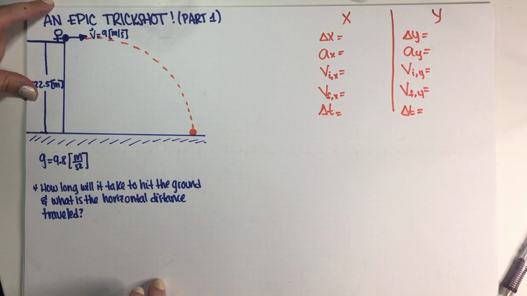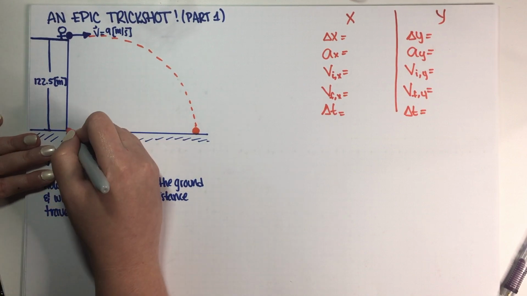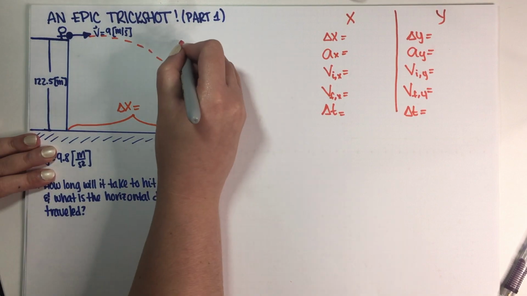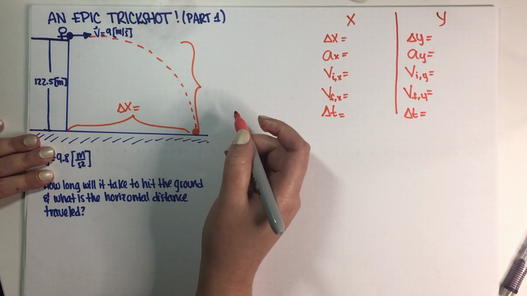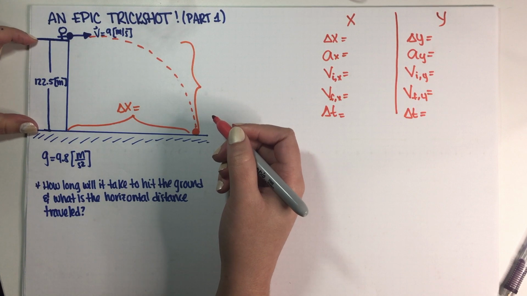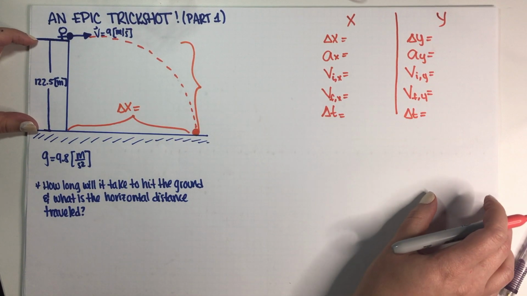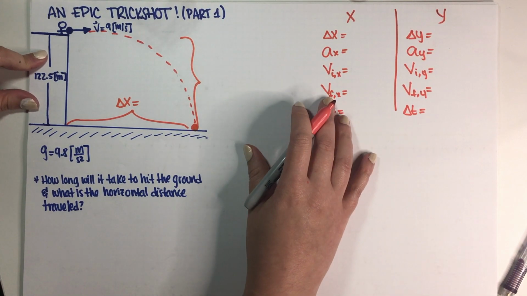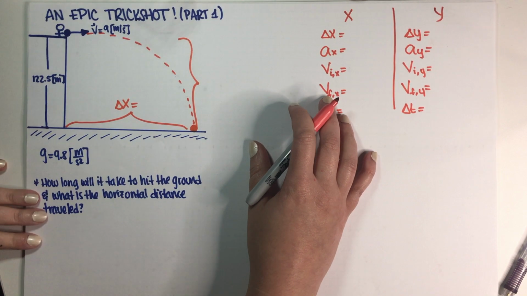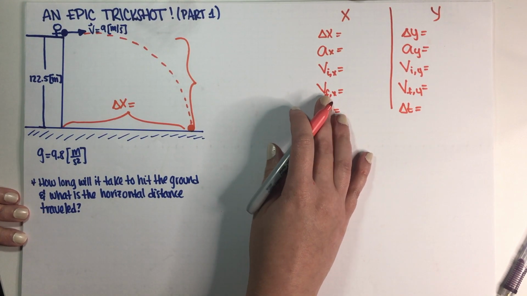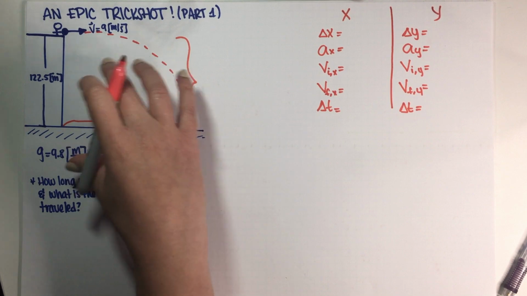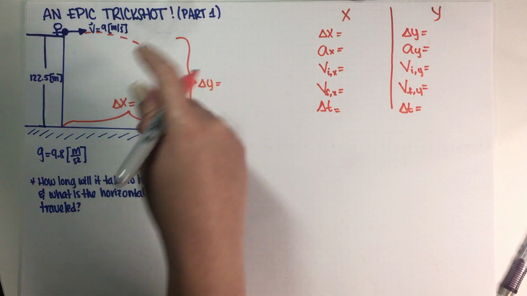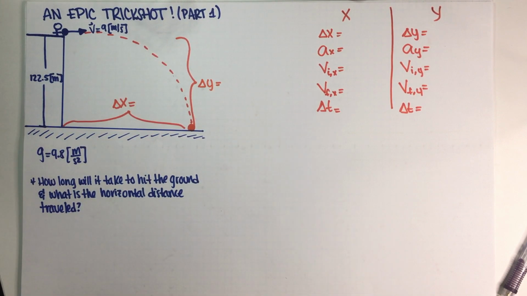And this ball will basically travel in two directions, so it will have traveled a horizontal distance and it also traveled a vertical distance. Now the vertical distance was basically given to us. It is this 122.5 meters. However, we need to be careful because when you're talking about delta y, direction matters. Well, also for delta x for that matter. But what I'm trying to say is that even though this height is 122 meters, delta y itself, like the actual travel distance, is negative